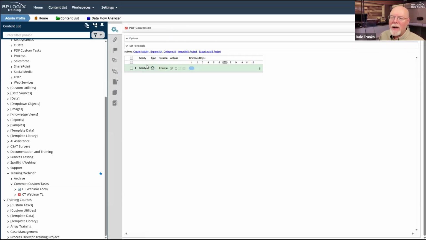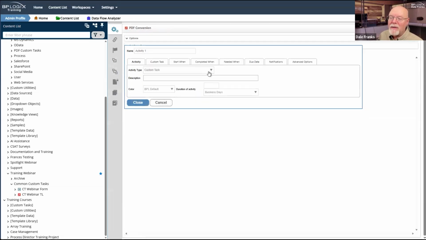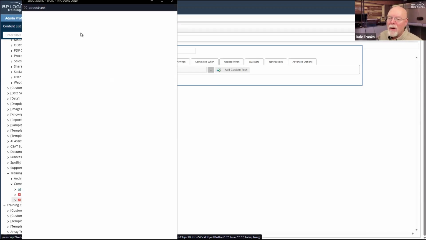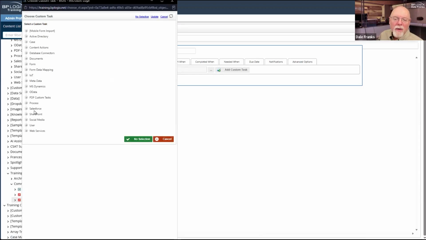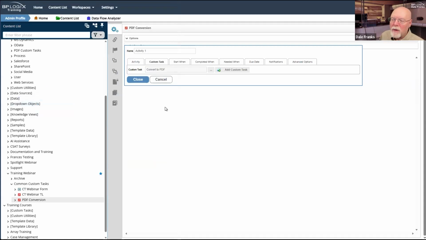And we're going to create an activity. And we're going to make this activity a custom task activity type. And we are going to pick our convert to PDF over here. And I'm not going to go through all of the configuration for it. I'm just going to kind of set it up. So we'll go to PDF custom task and we'll do a convert to PDF.